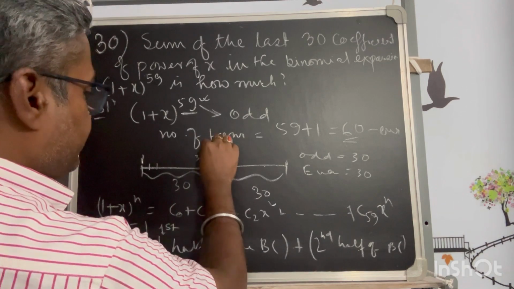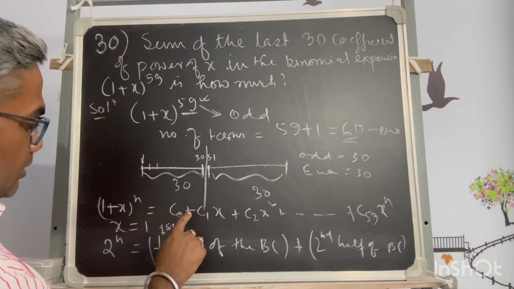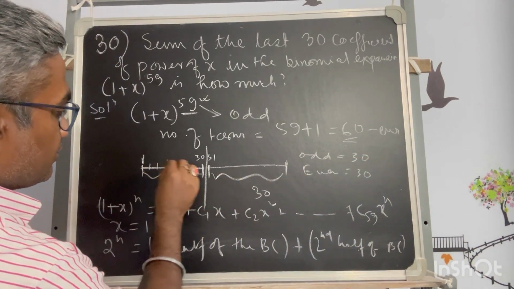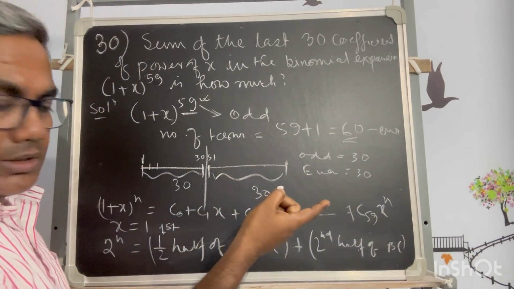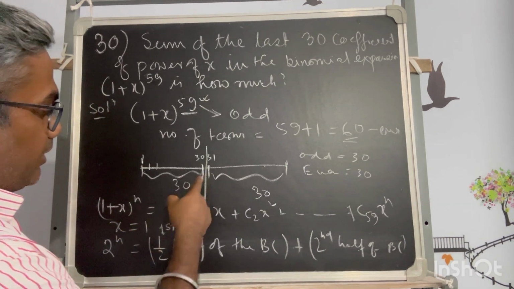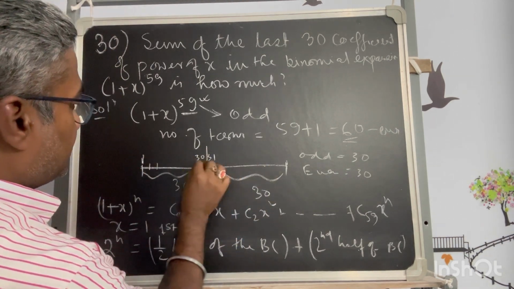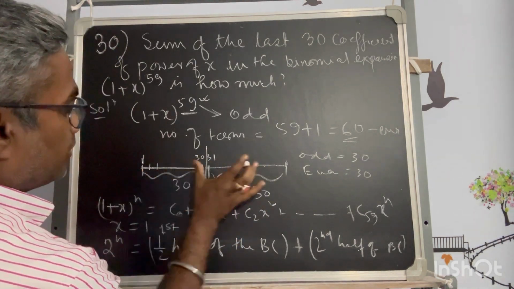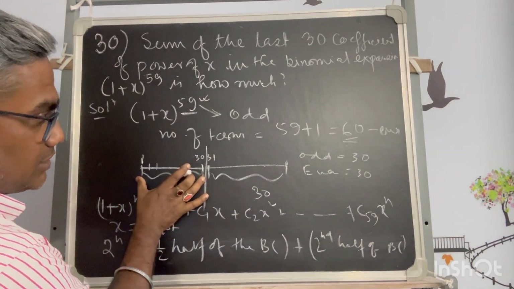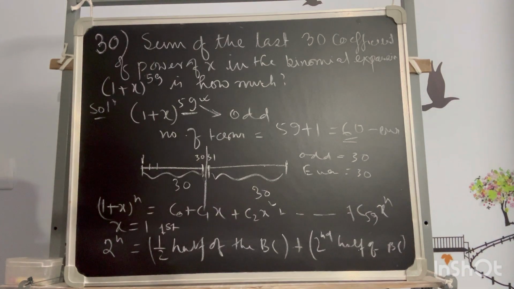So this is just a mirror image of this. We have proved it by this theory and logically also, as it's a mirror image, so this is twice of this, the first 30. Understood? So 2 to the power n,